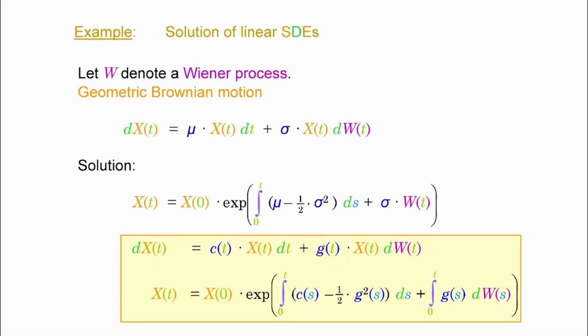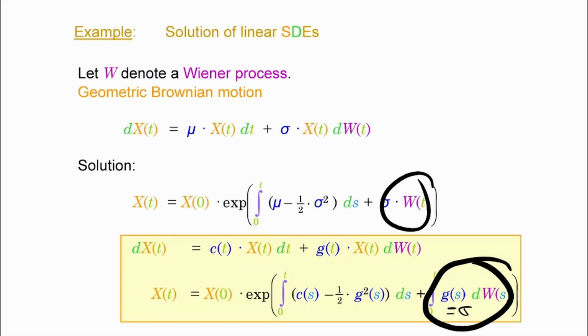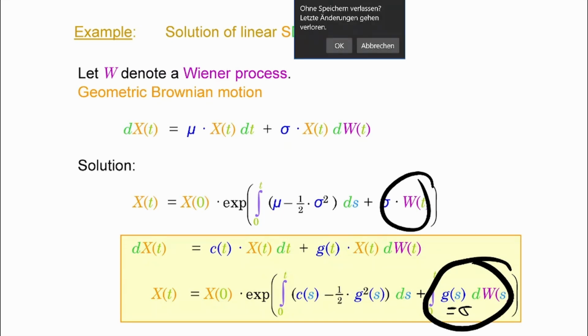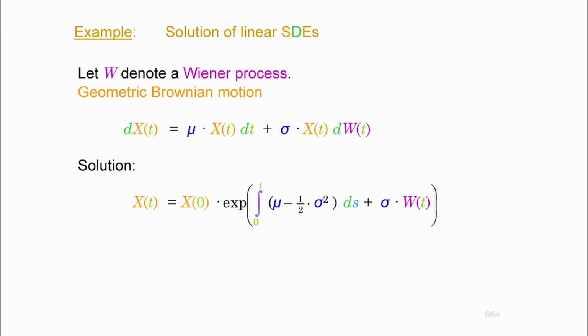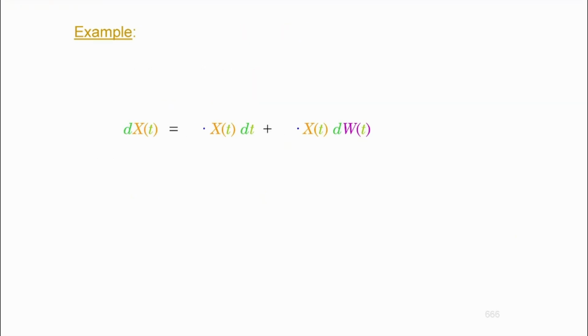All right, so that's going to disappear, and then you have sigma times the Wiener process, which you're left with from this integral if g is a constant. You see? All right, does that make sense to you? Well, that's it. This is the solution to the geometric Brownian motion. The Black and Scholes model will thank you for it, okay? Well, this is the stock price then. And all right, so here you have it.